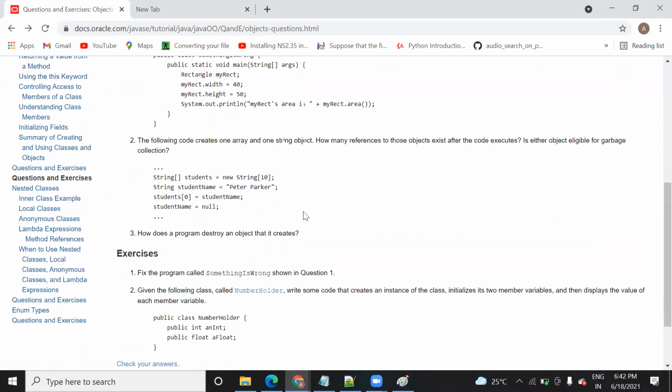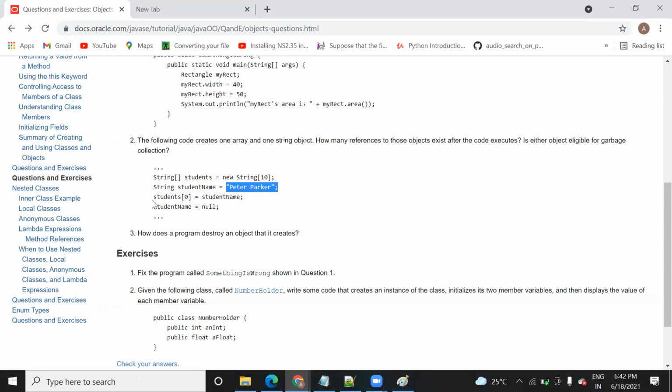The next question: the following code creates one array and one string object. So here, string student. How many references to those objects exist after the code executes? Is either object eligible for garbage collection? So string student name Peter Parker, student 0 is equal to student name. Here the syntax is correct, and the initialization is also correct.